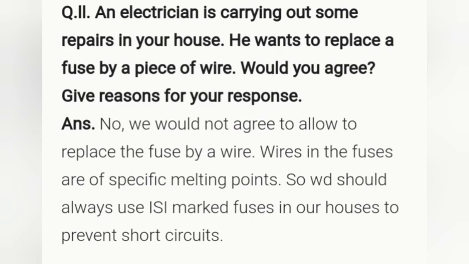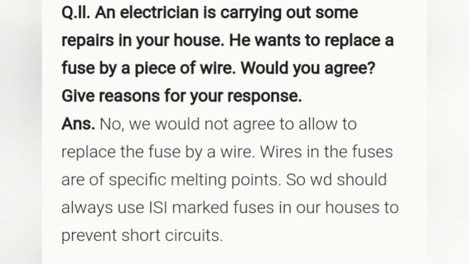An electrician is carrying out some repairs in a house. He wants to replace a fuse by a piece of wire. Would you agree? Give reasons for your response. No, we would not agree to replace a fuse by a wire. The wires in fuses have specific melting points, so we should always use ISI marked fuses in our house